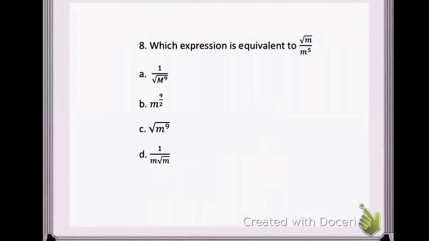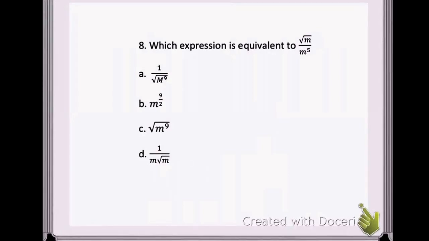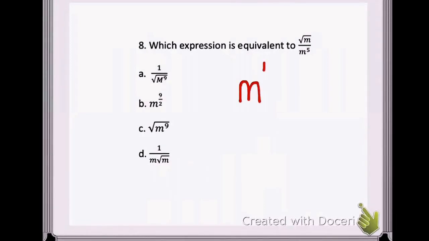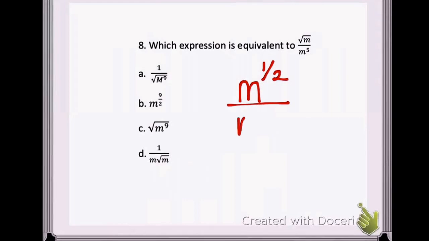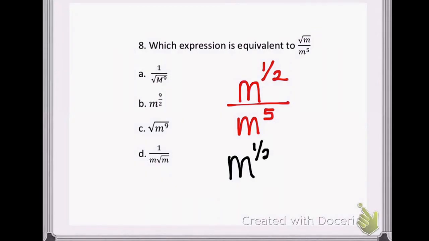On this one, which expression is equivalent to the square root of m divided by m to the fifth? Now, I think in order to simplify that, we need to get it all in one form. So I'm going to rewrite the square root of m to be m to the 1/2 power over m to the 5th power. And then if we use our rules of exponents, since it's a division property, we're going to subtract the exponents. So that would be m to the 1/2 power, subtract 5. And if we put that in our calculator, 1/2 subtract 5, it's going to give us our answer of m to the negative